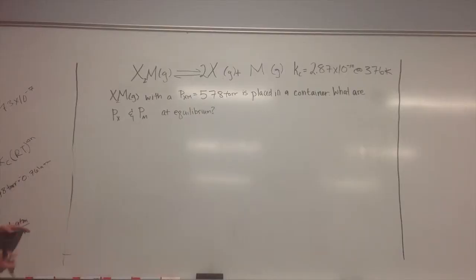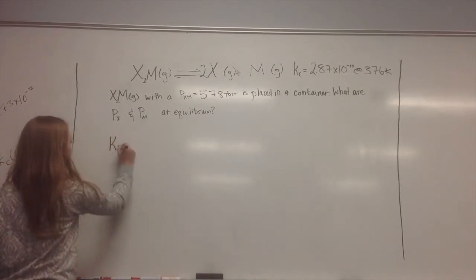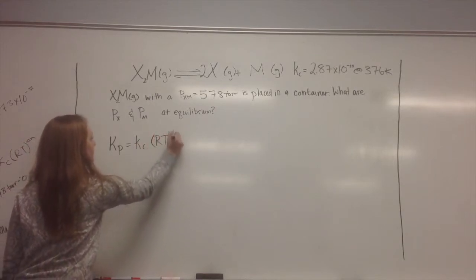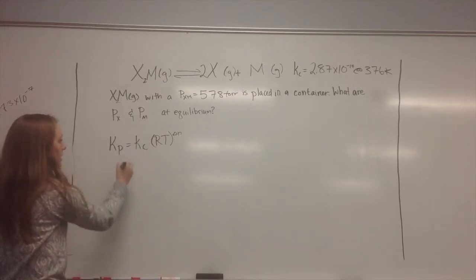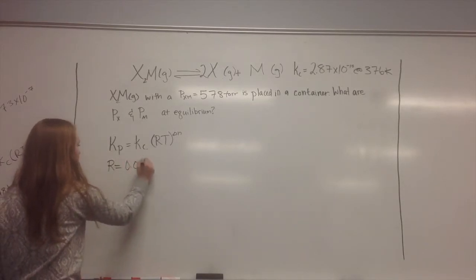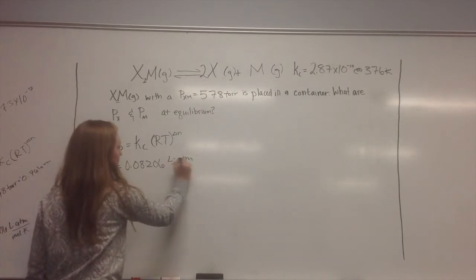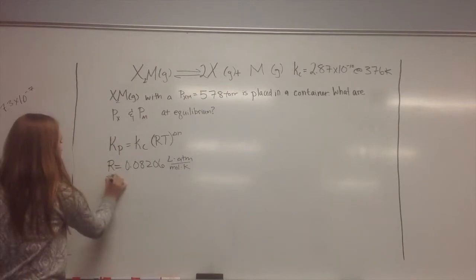So they give us pressures, but we have a K sub C value. So our first step is to switch from K sub C to K sub P. And so the equation for that is K sub P equals K sub C times RT to the delta N. And so we have our K sub C value already, and R is going to be the constant 0.08206 liters atmosphere per mole Kelvin. And then T is just going to be